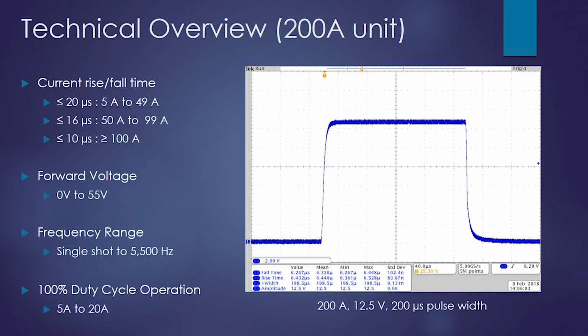Let's first cover the 200 amp unit. So we've optimized the rise and fall times for full scale current, about 50% maximum current to 100% maximum current of the unit. So you'll notice that we have faster rise times as we increase the current. From 5 amps to 49 amps on this module, we have less than 20 microsecond rise and fall. At 50 amps to 99 amps, we have less than 16 microseconds, and less than 10 microseconds if we're above